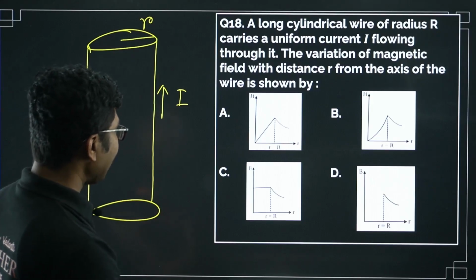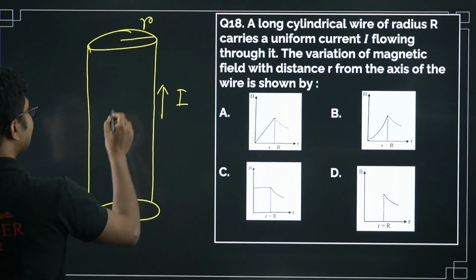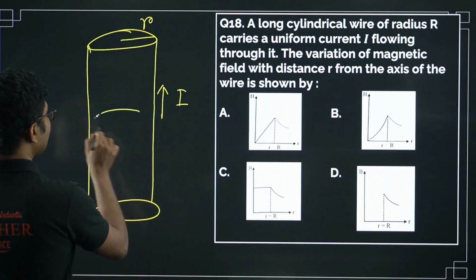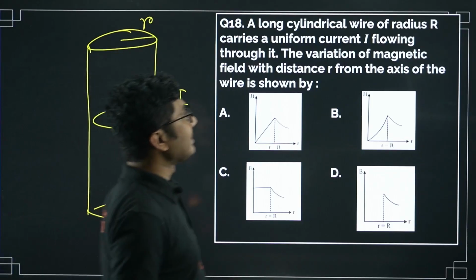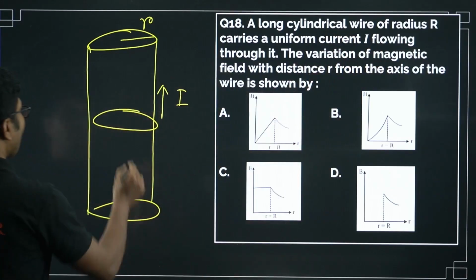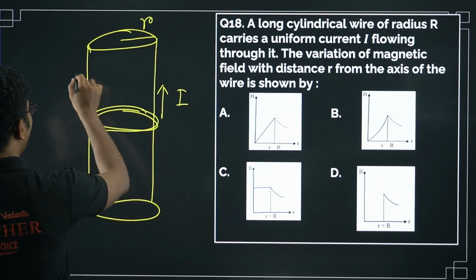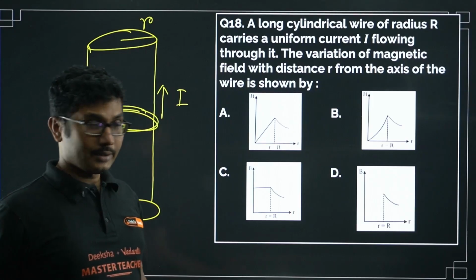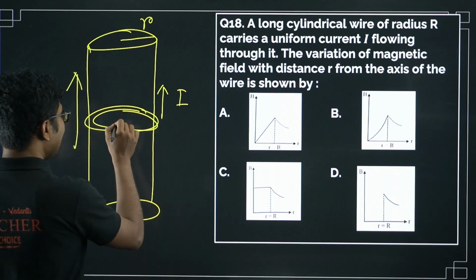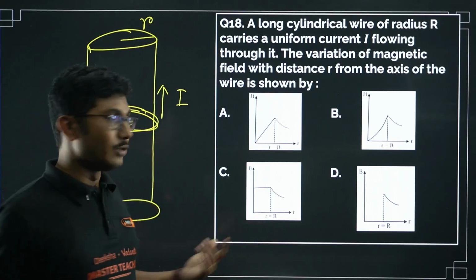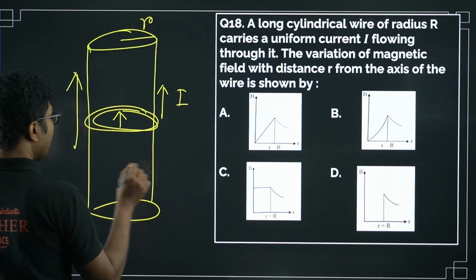So here we have to apply the law. I am assuming that this is a conducting wire. Obviously, wire carrying current means it's a conducting wire, so all the charges, or all the current, basically stays on the surface of the wire. Inside the wire we can consider that the current is 0. Okay, so current is 0. Now if you apply the